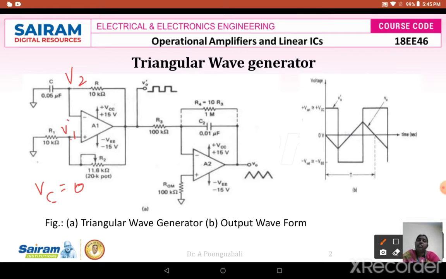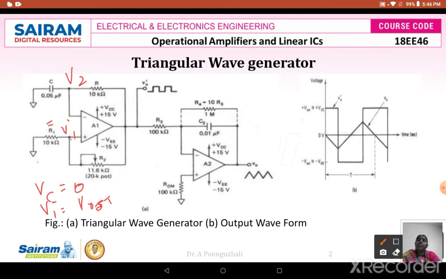That means the voltage at this point is going to be 0. And because of these resistors R1 and R2, there is going to be a small amount of offset voltage present. So that offset voltage, we are going to take your V1 voltage to be your offset voltage, VOT. So we see your V1 is equivalent to your offset voltage there. So this offset voltage is positive.